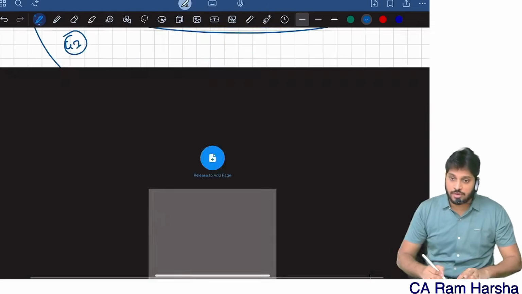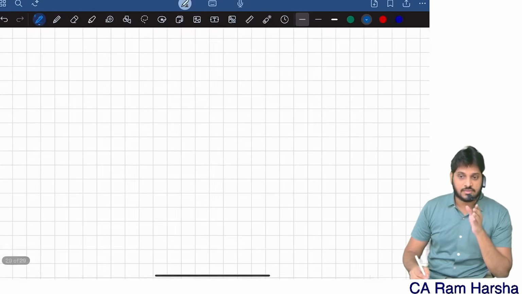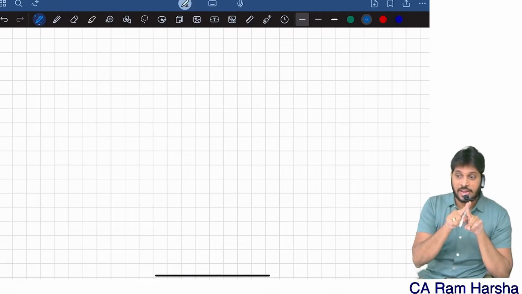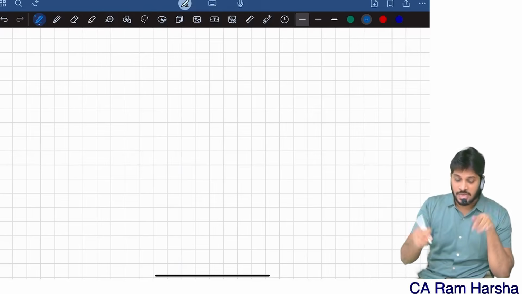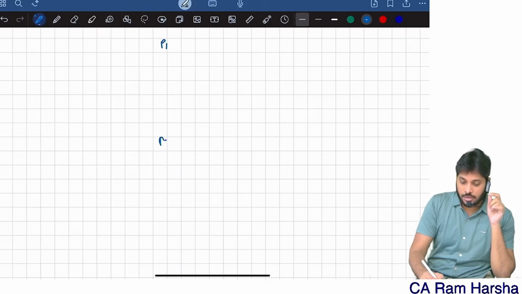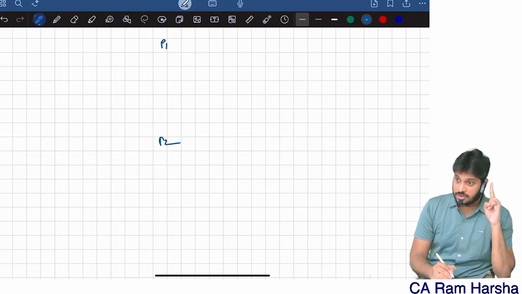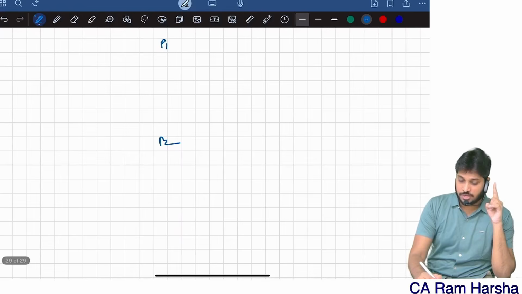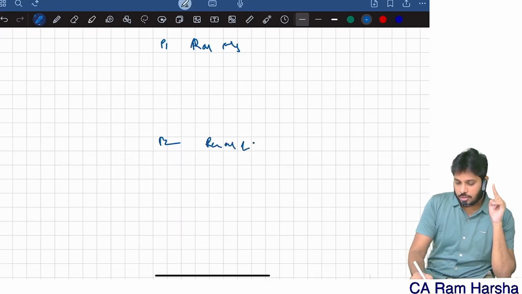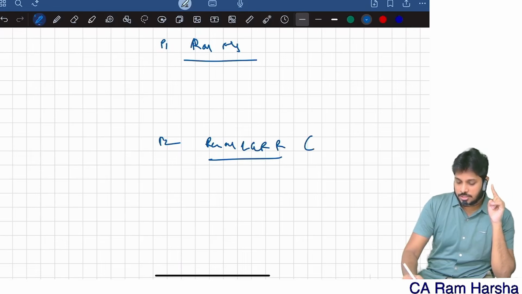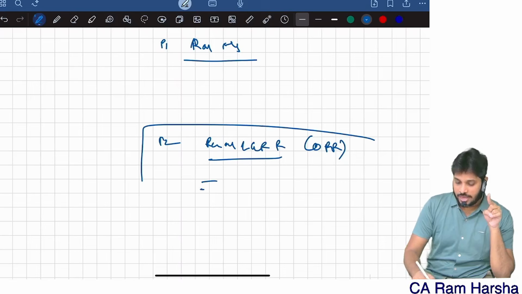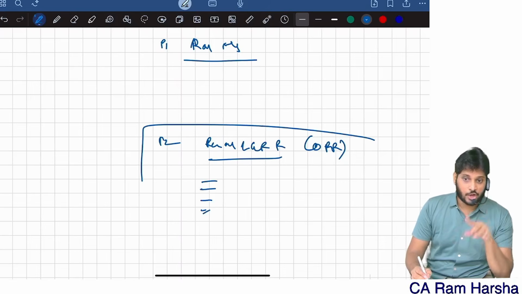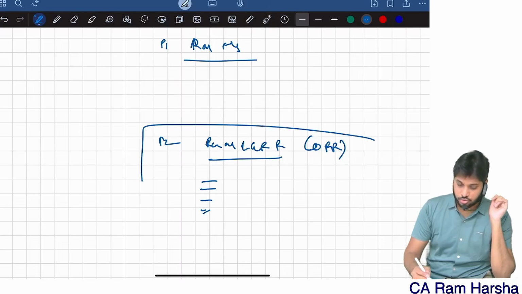Where will these reporting requirements come in the audit report? If you go to the SA 700 comprehensive format I gave, inside that one item is the report on legal and regulatory requirements. Under that heading in the audit report you should give them. Technically, the audit report will have part 1 and part 2. Part 1 is the report on financial statements. Part 2 is the report on legal and regulatory requirements, also called other reporting requirements. Under this section, CARO, everything will come. I already showed this in the audit report topic also.